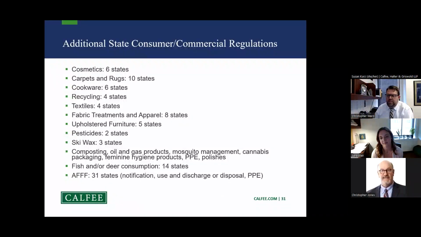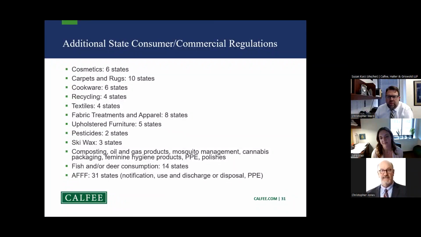But obviously, most states, the most regulation of a certain product is in the arena of AFFF, the firefighting foam. 31 states have either a notification, a use, or a discharge or disposal regulation. Just by way of example, a state that has a discharge or a use rate restriction, these regulations usually limit or prohibit the use of AFFF in training or testing exercises and may only allow the use of AFFF in active firefighting situations. Some states have enacted state-run programs to purchase or buy back and dispose of AFFF, usually purchasing